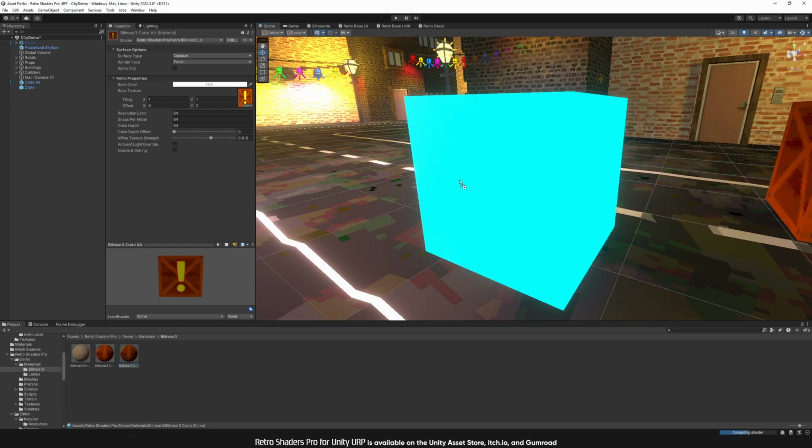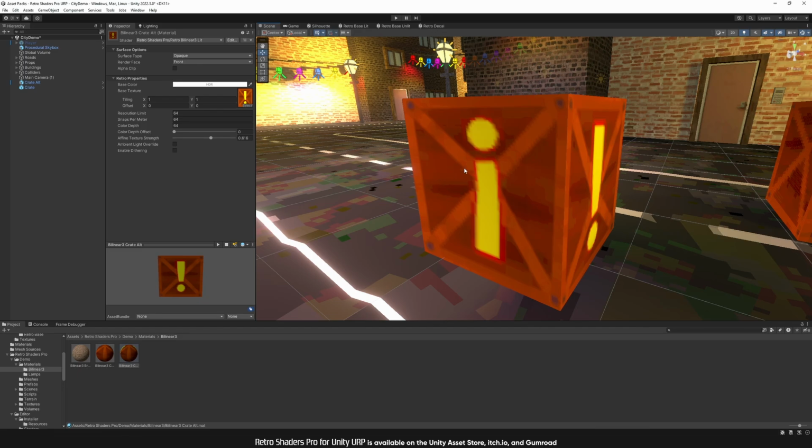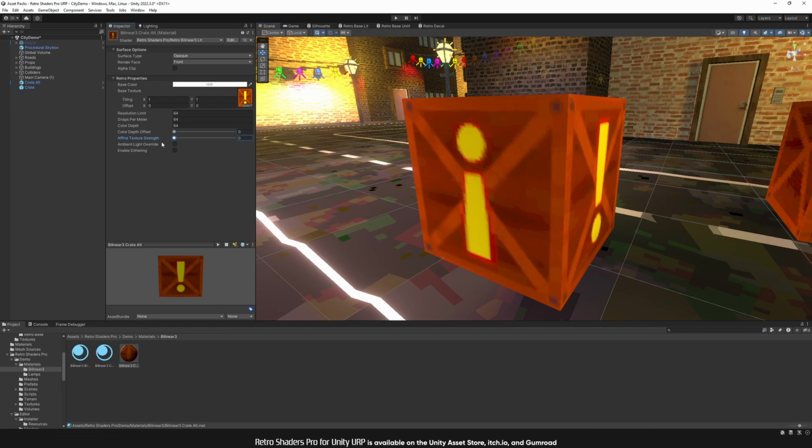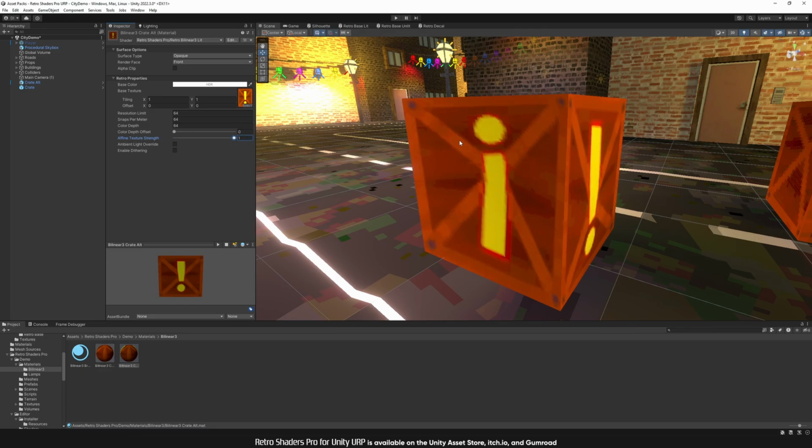So if I drag this on, and then wait a second, and turn the affine texture strength down a bit. With Nintendo 64 textures, you often saw that on one diagonal, the texture was quite smooth, and on the other, it's still quite blocky. I have also kept the affine texture slider on here, and this will allow you to